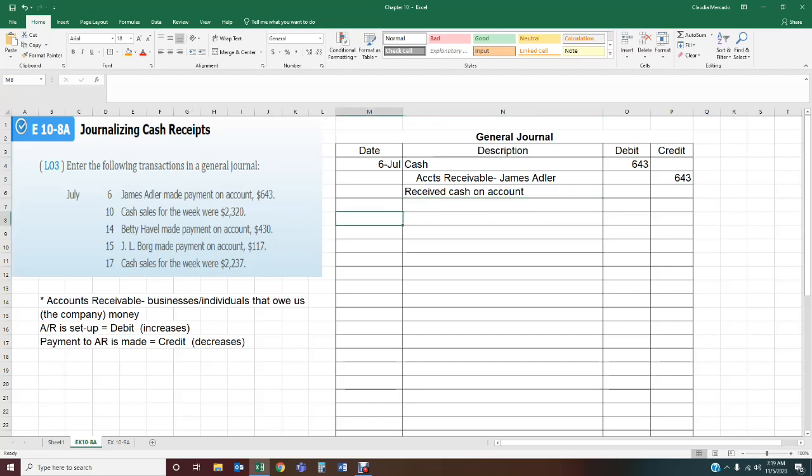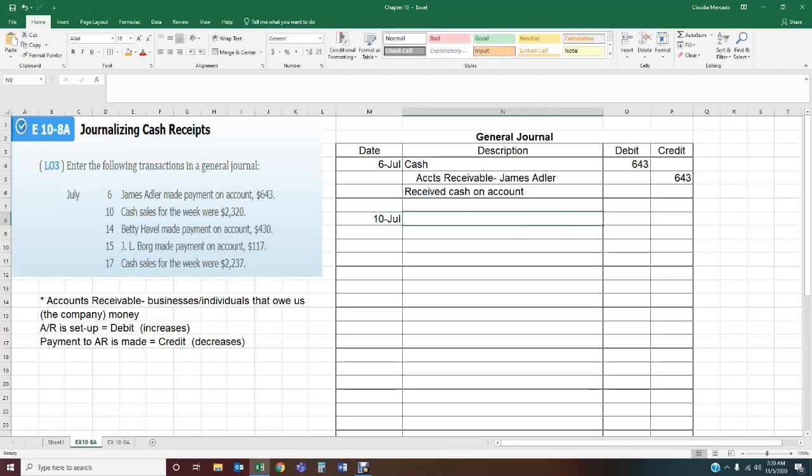So what we ended up doing was we recorded the cash that we received by debiting it, and we decreased James Adler's receivable by crediting it. Okay? That happened on the 6th. Now on July the 10th,